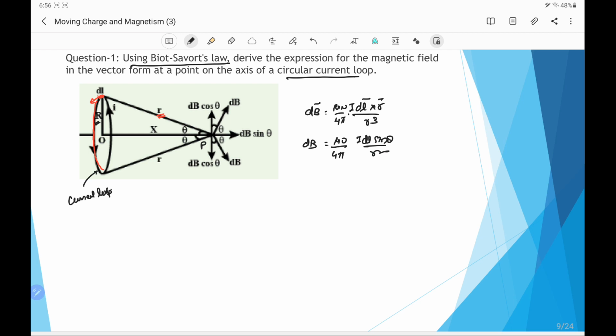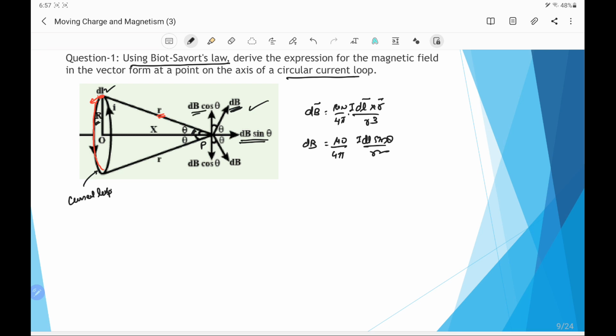If we check the magnetic field due to this current element, then the magnetic field will be in the direction of this dB. This dB can be resolved in two perpendicular components. Say if angle theta is shown in the figure, this theta, then resolution of dB will give the two components: dB sin theta along the axis and dB cos theta perpendicular.